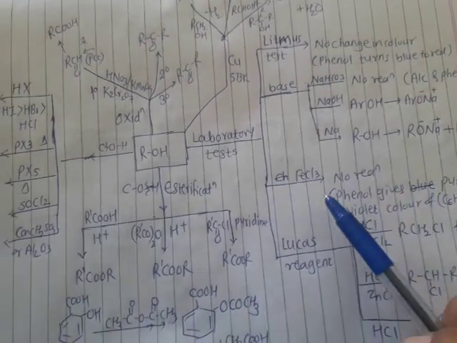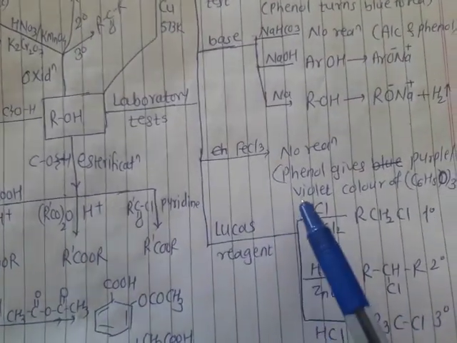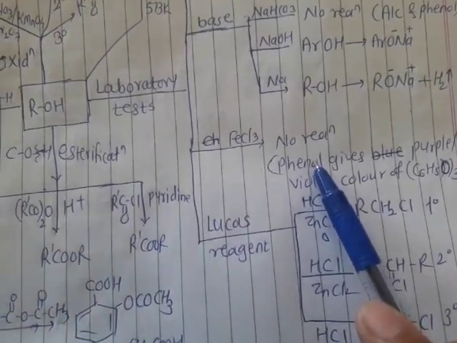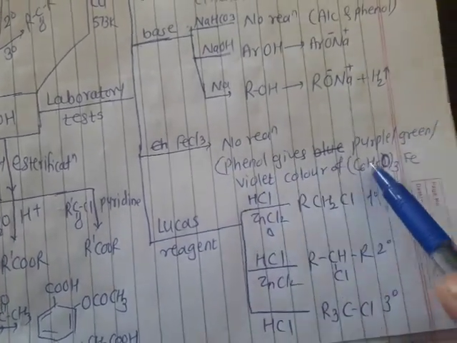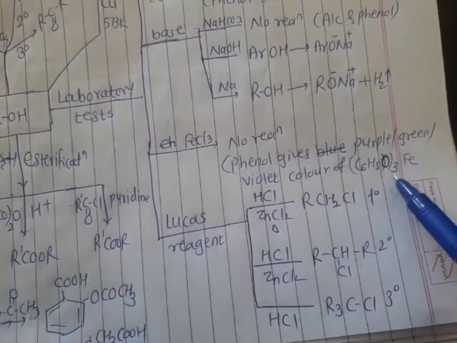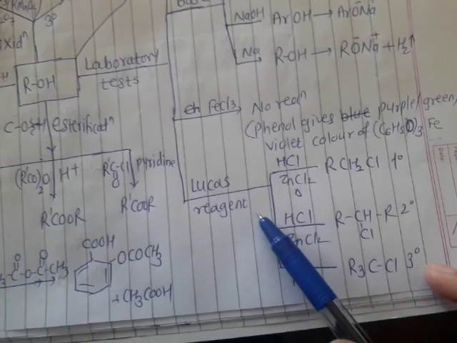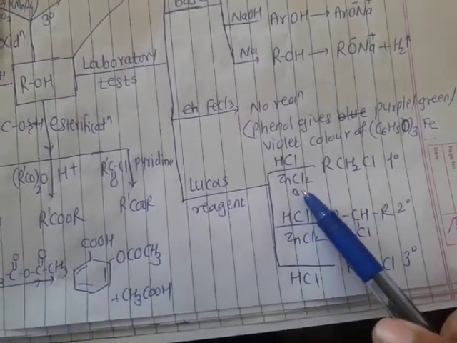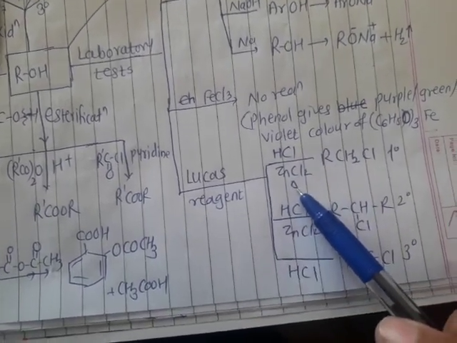plus H2. Next reaction is action of FeCl3, which is shown by only phenol and not alcohol. So no reaction with alcohol, and phenol gives purple, green or violet color of ferric phenoxide, (C6H5O)3Fe, ferric phenoxide. Lucas reagent: for ROH, if it is primary alcohol, then concentrated HCl, zinc chloride and heat is a must, we